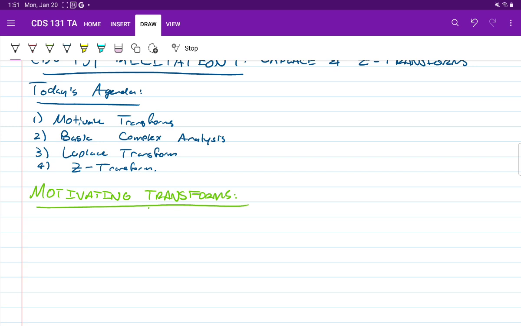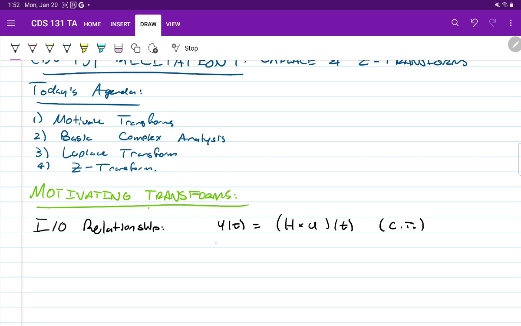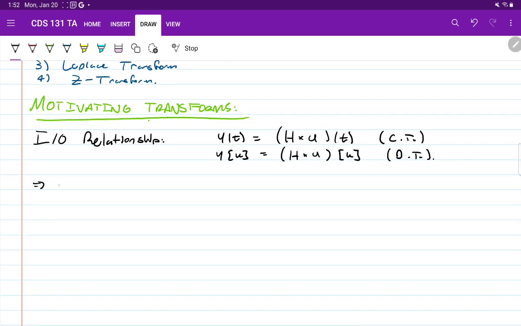Let's review what we currently have in our study of I/O systems, right? Currently we have the I/O relationship y of t equals h convolved with u at t in continuous time, and y at time step k equals h convolved with u at k in discrete time. Here h is the LTI impulse response map and y represents the zero state response of the system, right? So these are nice formulas,